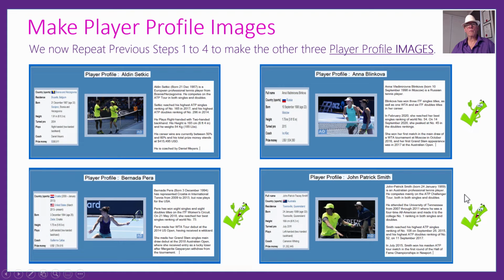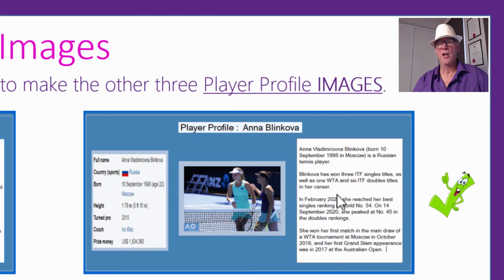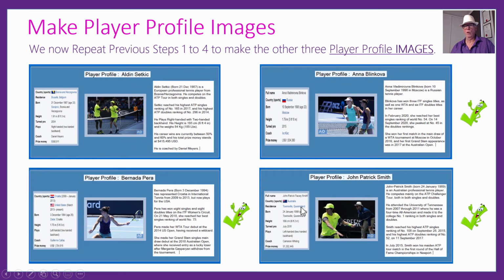All right, now we repeat those same steps using our template screen and put different pictures in. So we put the stats for Anna in, we put her picture from the downloads, we run it, and then we open up the text file that comes in the downloads for Anna and we paste her information in and just tidy it up and make it look good. Then we capture that with the snipping tool and save it as an image. So we do all of this for all 4 of our players and we have 4 images here, which are